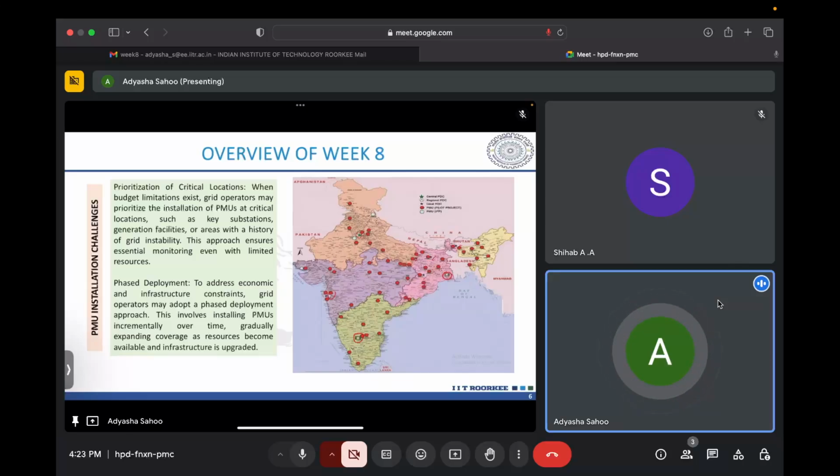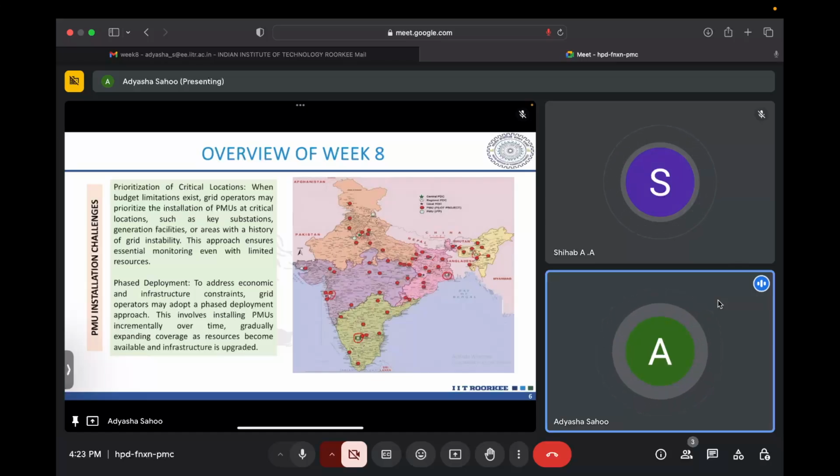Then I think the northeast also has one, and in the north you already have your central PDC, and then you have various upcoming PMU pilot projects coming in the next phase. So what we do due to this